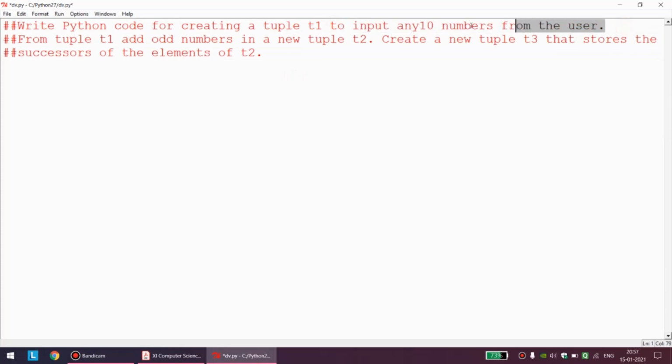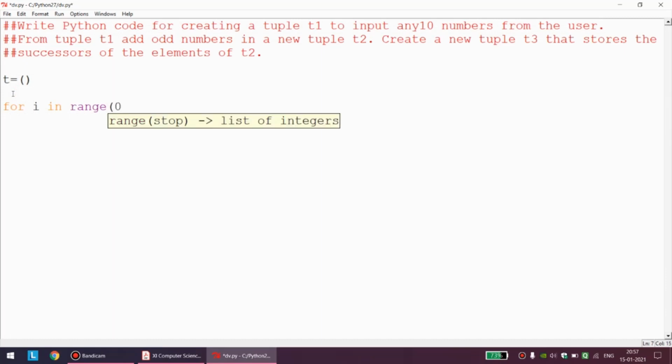So I will partition the program into maybe 2 or 3 phases. Let this be my first phase. I want to take input of 10 elements from the user and all those elements will be inserted in the tuple. So let us take a tuple blank. Let us say for i in range, I want 10 inputs, so let my counter be 0 comma 10, and let us take the input from the user,